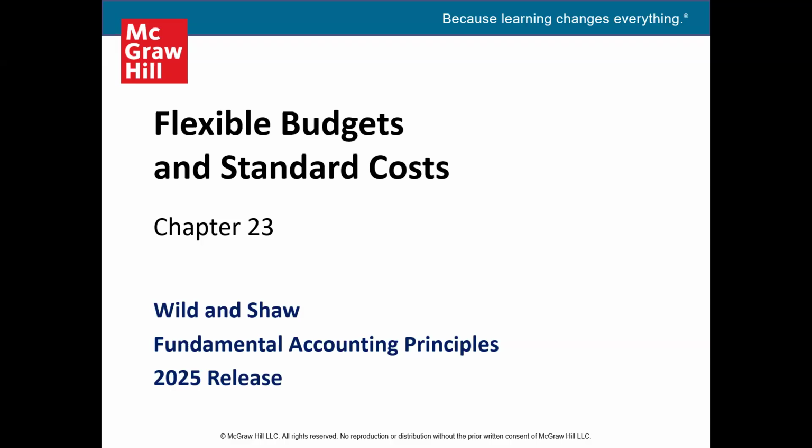This discussion today is very difficult for most students. This is probably the most challenging concept for most students to learn and understand: how we calculate this thing called variances, which is the difference between the actual and budgeted or actual and standard amounts. As we talk about these today, I want you to pay very close attention to the formulas. Once you understand the basic formulas, the rest of it becomes easy.